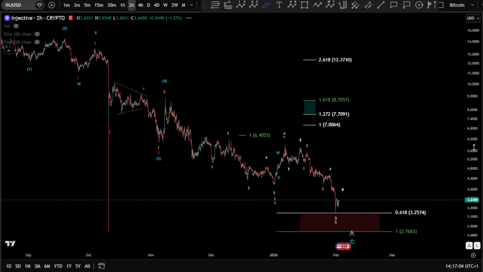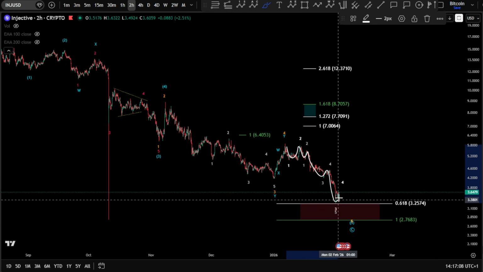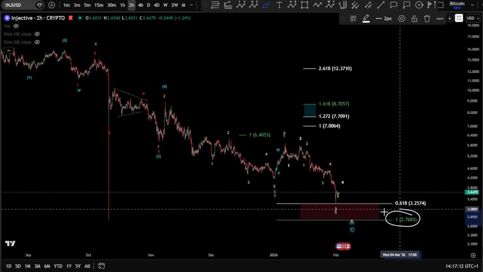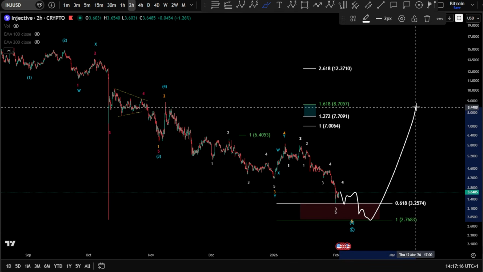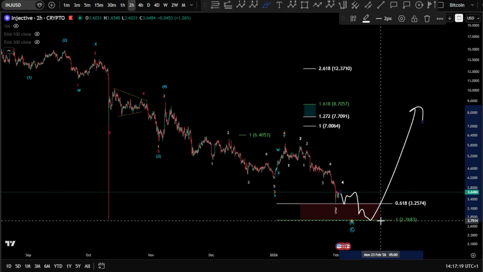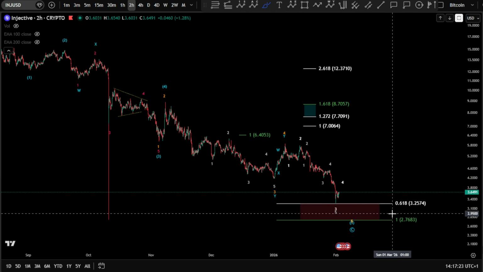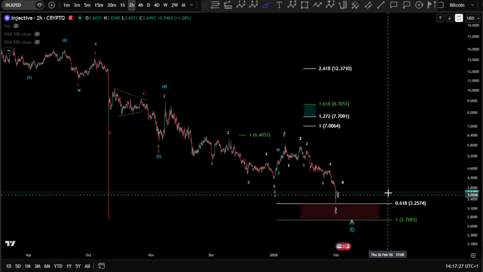If we dive deeper on the 2-hour chart here, you can see we have double 1, 2, 3, 4, and a 5. We're still expecting one more 4 and a 5 to hit the 1-to-1 fib level, $2.7. And this might be it, the push toward the upside potentially, or a rebound at least. If not a bull run, we are expecting a very, very significant rebound toward the upside. Yep, so these are the possibilities for Rndr,